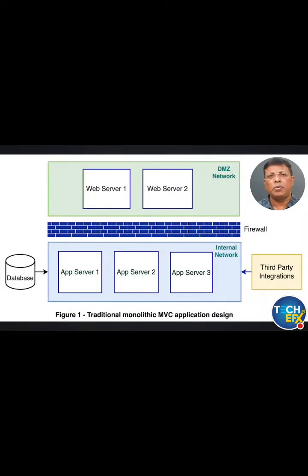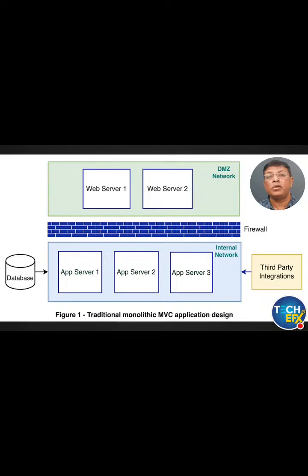Traditionally, all web applications were designed as monolithic in nature. In that traditional setup, MVC, which is Model, View and Controller, was the most popular paradigm. Applications would have a web server where all the static content like HTML, JavaScript and images was hosted. In an internet-based web application, these web servers are deployed in the DMZ network layer, and the web application code